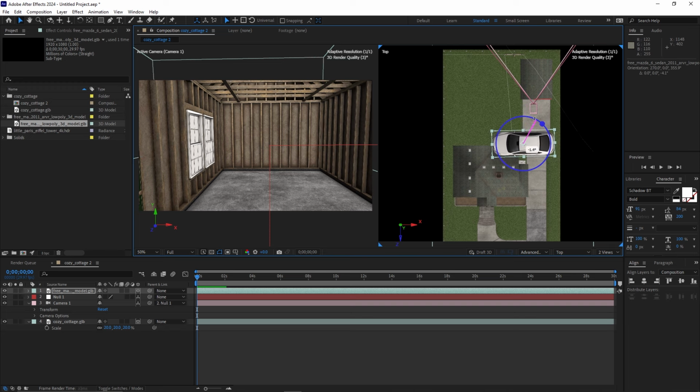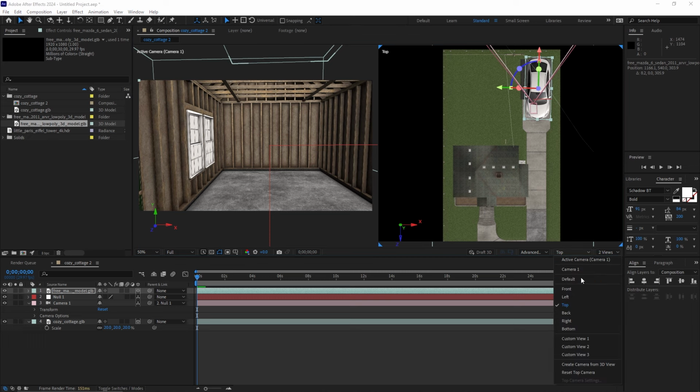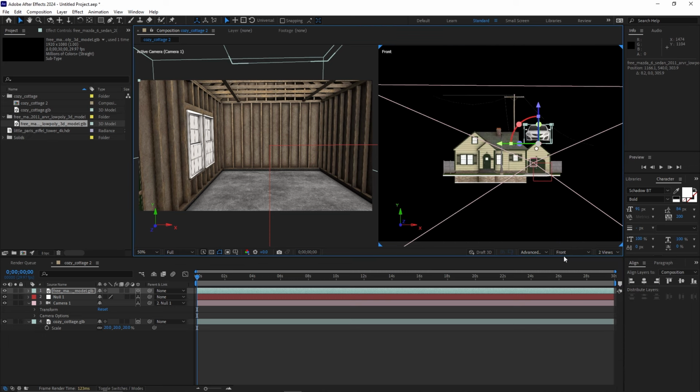This one gives you a bird's eye view of the whole environment you are working with. I want to turn this so that the car is parked facing the front, or facing the door of the garage, and I can pull it right out like that, and position it way back there. And you can see when you do that, it starts to show up here. If you come to the front, you can see where our car is. It's right on top of it. So I want to push it down